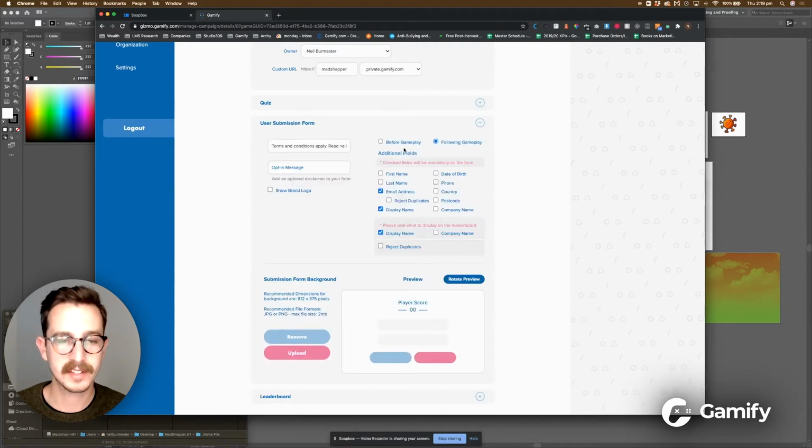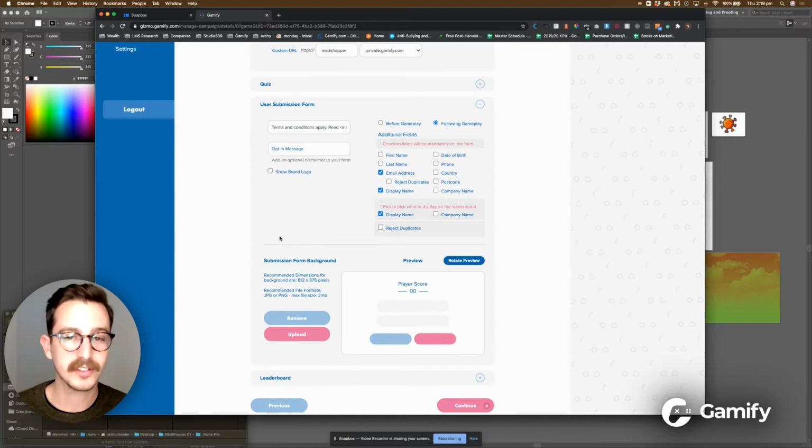Then you jump into user submission. This is really, really useful. So you can use this area. This is what you will use to capture user information. And what you can do is you can either put the CTA, call to action, before the gameplay or following the gameplay. I'm going to have it as following,